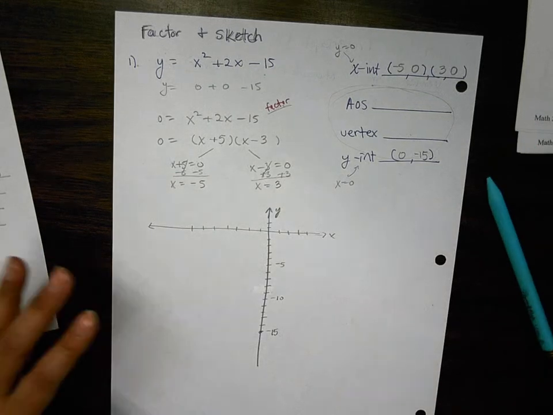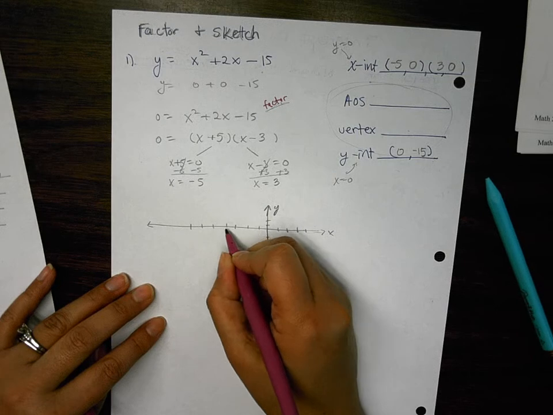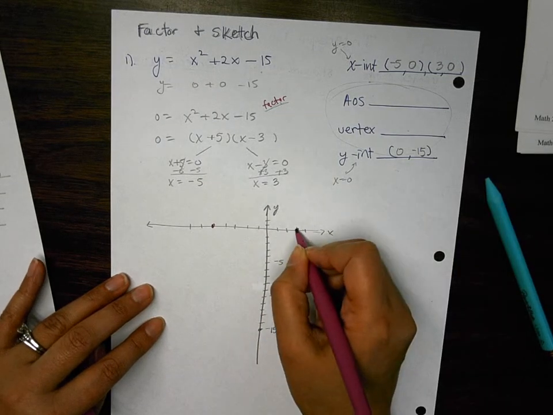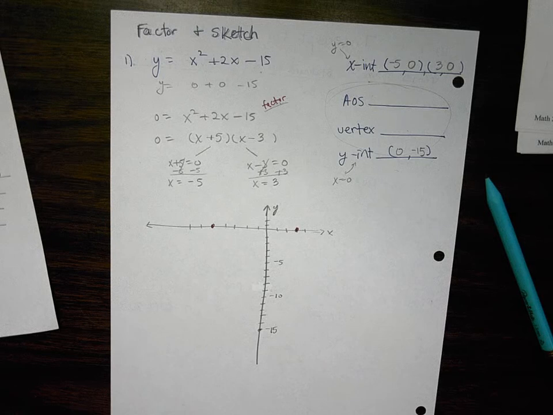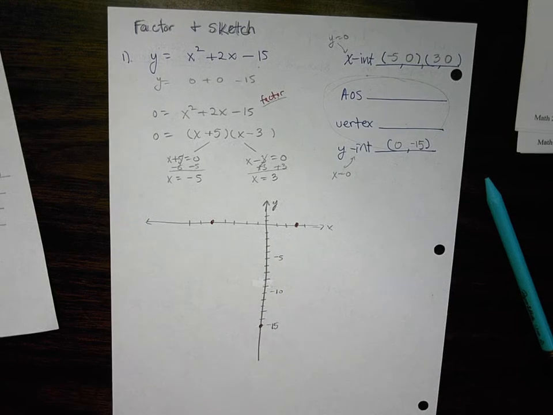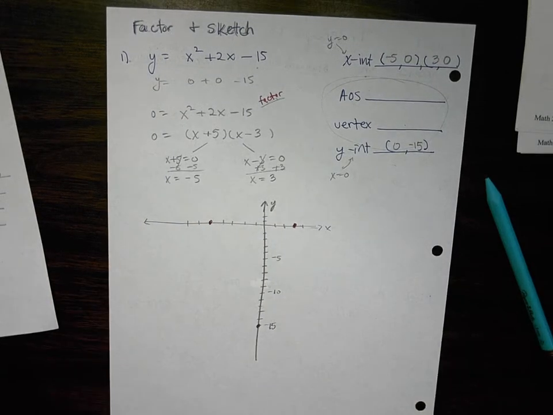Can we plot the x-intercepts? Do we know those? Did we find them? They weren't given to us. Did we find them? 1, 2, 3, 4, 5, and 1, 2, 3. Okay. So that's all I have. This point down here is not a vertex. This is the y-intercept. I have these 2 x-intercepts and this y-intercept, and I need you guys to think long